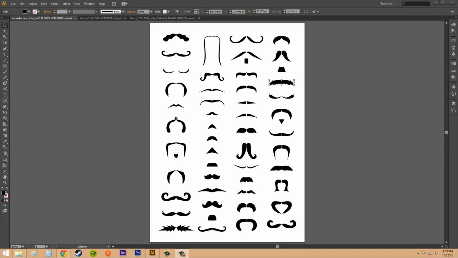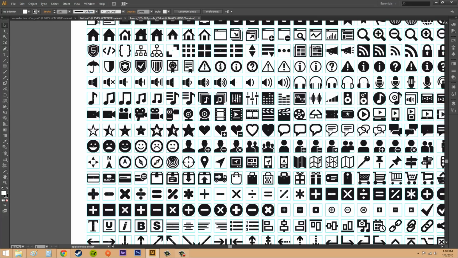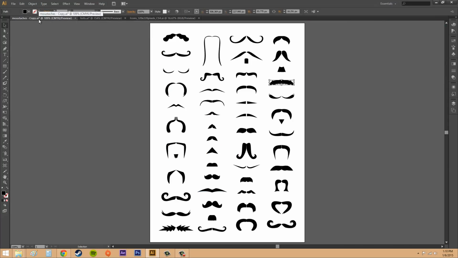Hello everybody, welcome to another Illustrator CS6 tutorial. Today we're going to learn how to work with the document windows. And by document windows, I mean basically this entire area is the document window. We've got the tabs up here which allow us to switch in between document windows. So you can switch between these by clicking on them,